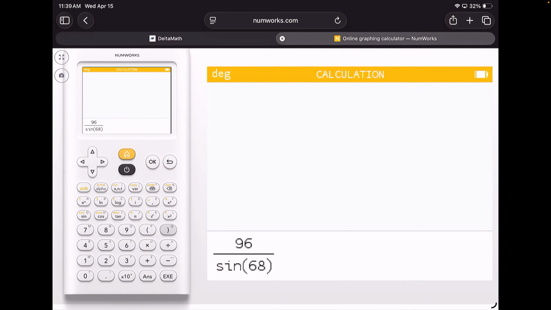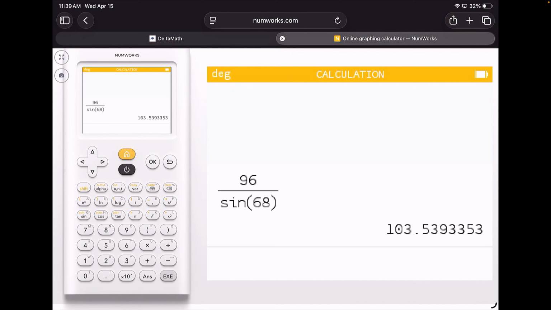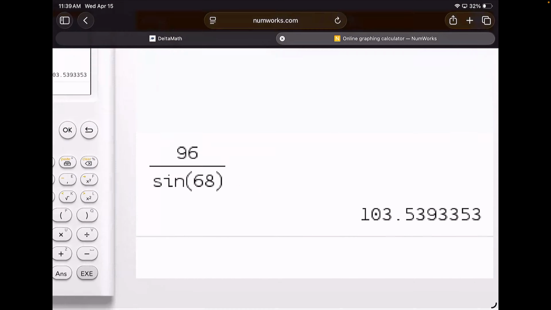Someone in my last class asked a great question. That doesn't have degree. It doesn't have the symbol, right? How does it know it's degrees? Right there. That's why we changed it before. We said everything we put in with sine, cosine, tangent, all of those guys are always going to be degrees. So you don't need to put the degrees. So we hit equals, and we get